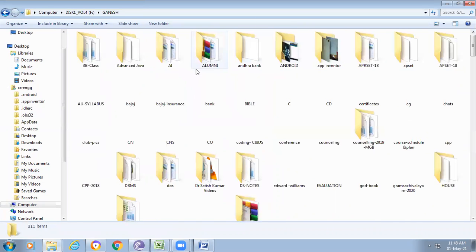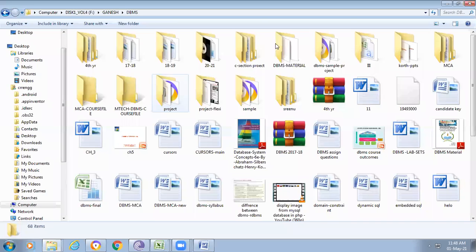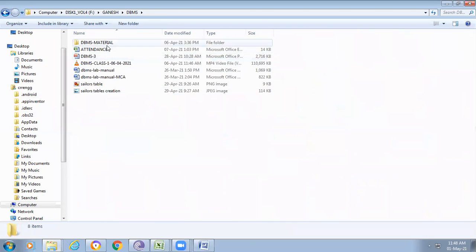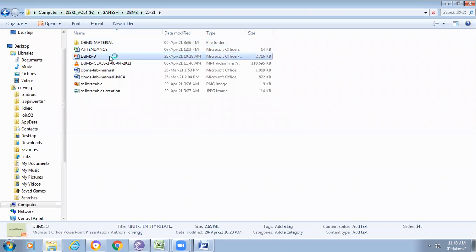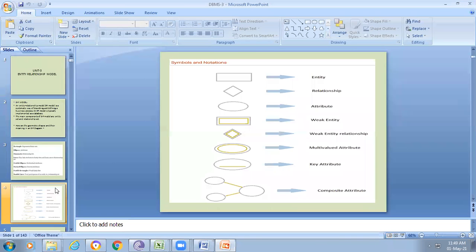All these symbols must be remembered. Why? Because these symbols are very useful when you are representing the ER diagram. In some situations you may be asked what an ER diagram is, or what the additional features of the ER model are. At that time, these symbols are very useful for representing the ER diagram, and they are also useful for elaborating the topic. If you observe here, in the last class we discussed all these things.